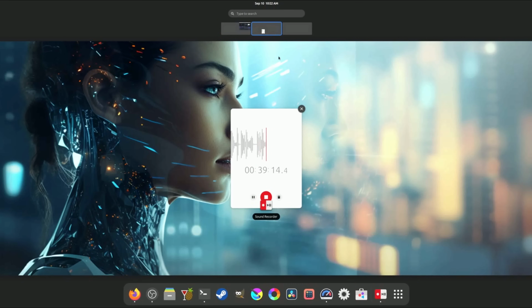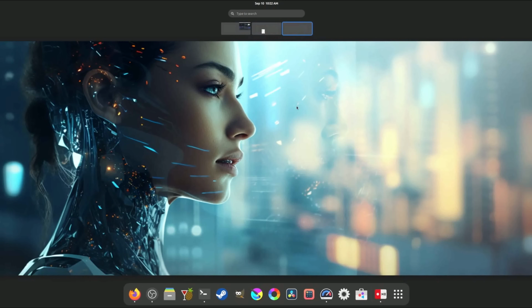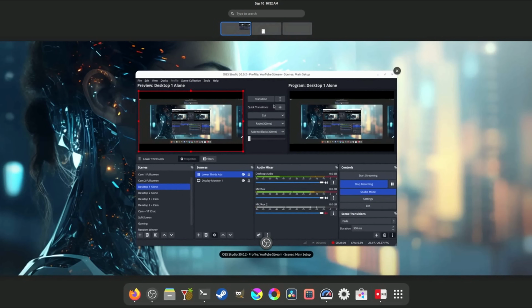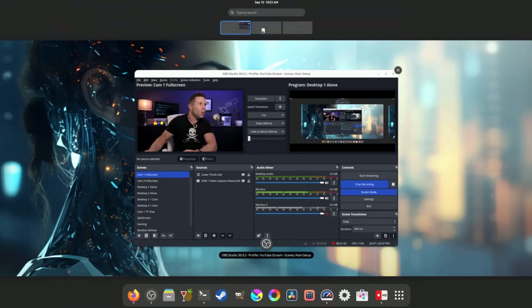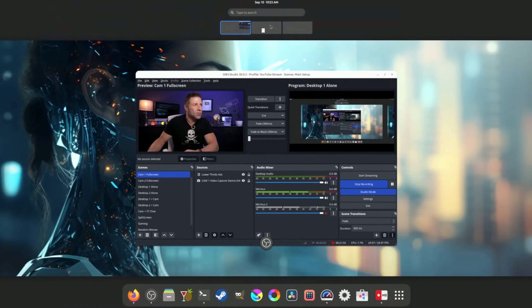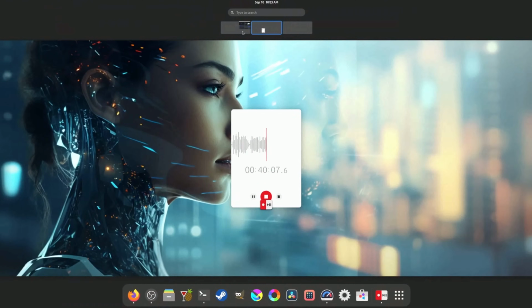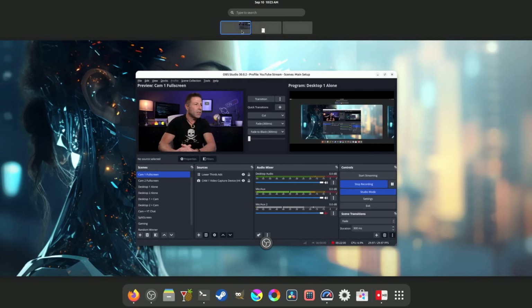On this desktop, you can see my audio recorder is going. This desktop is empty, and we can go back to the first desktop. I think that is absolutely fantastic when it comes to multitasking, right? Maybe you have two different things, you're coding on one, and then you're doing some illustration on another. It's great to have different work areas. And if you don't have multiple monitors like I do, this is basically giving you multiple monitors, which is kind of cool. Once again, all you have to do is just click on them and you're going to switch from monitor to monitor or from layout to layout.